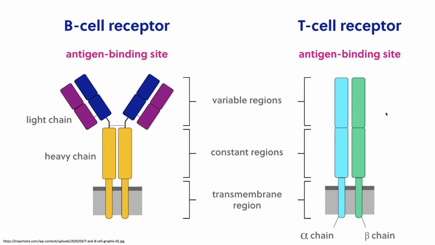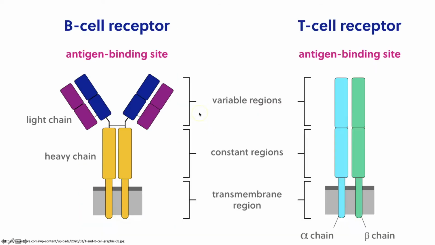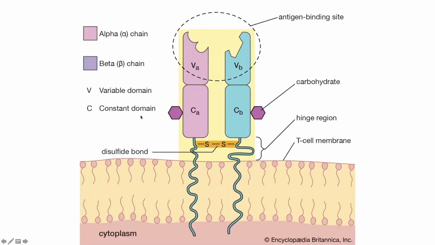Just to show you another picture of what the structure looks like, a little bit of a better picture. This would be where you would actually bind the antigen, and there is a constant region. So that's why I got a little confused here. They're saying that this is just the constant region. I mean, you could actually argue that this bottom portion here is the constant region, but that's fine. And so here's our T cell receptor. There is an alpha and a beta side. They're two separate chains that have to come together. They dimerize. And then that's what your T cell actually puts on the surface,